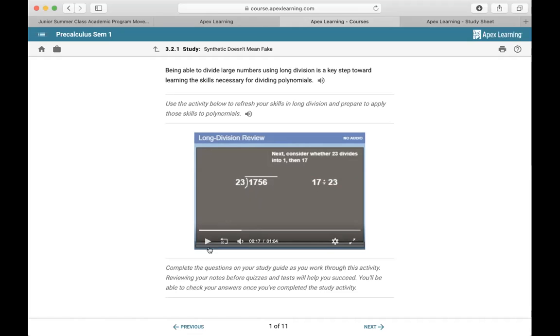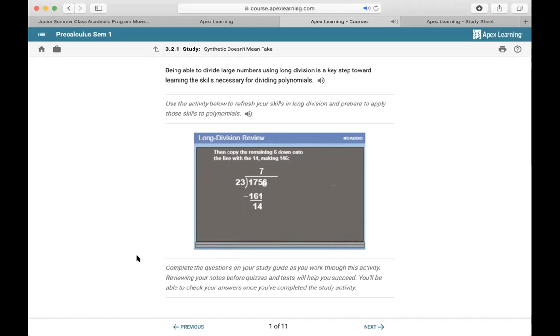The answer is still no. Okay, so we have to back it up even further, and we have to look at 175. Okay, so then we have to figure out, okay, how many times does 23 fit into 175, either evenly or nicely, right? So we can fit 7 23s into 175. Or if I do the next step here, which is 7 multiplied by 23, that gives us 161. Okay, so then we subtract. We have 14 left over. Obviously, 23 doesn't fit into 14, so we have to carry down that last value there, which is our 6,